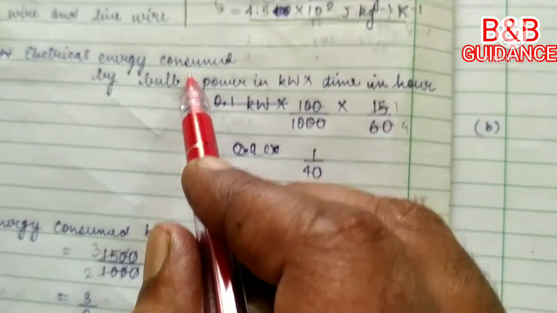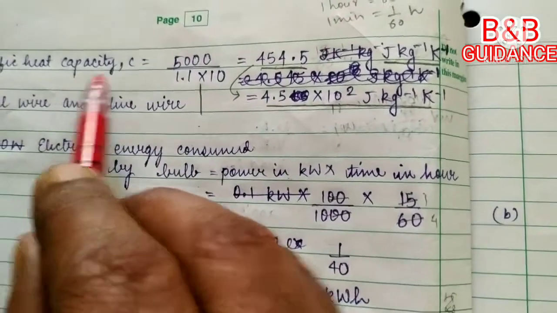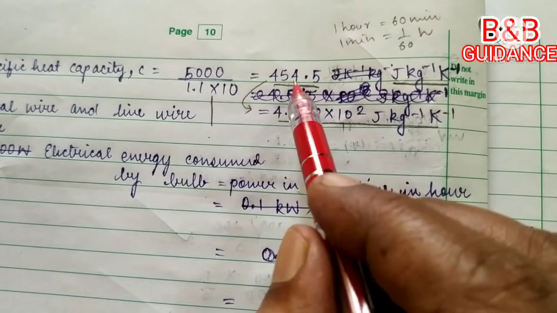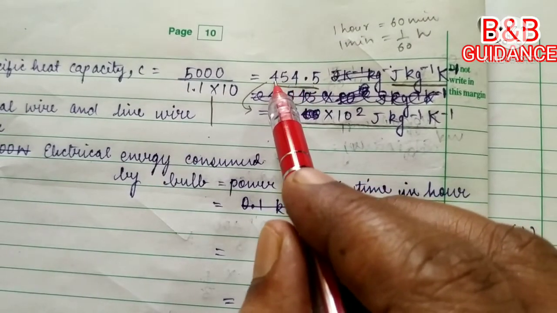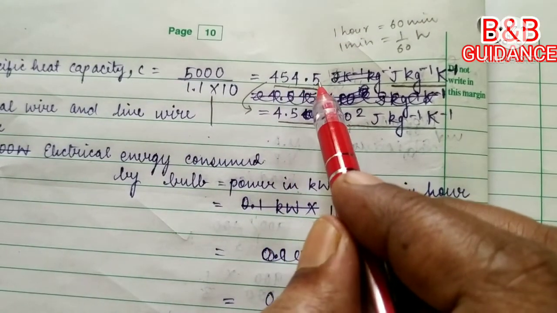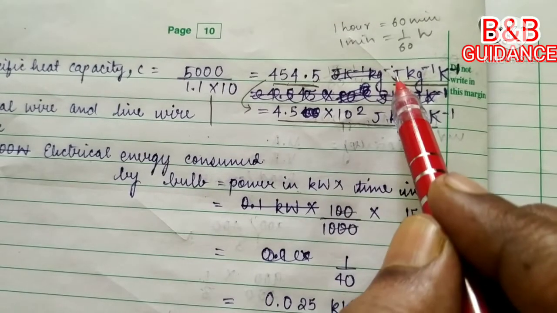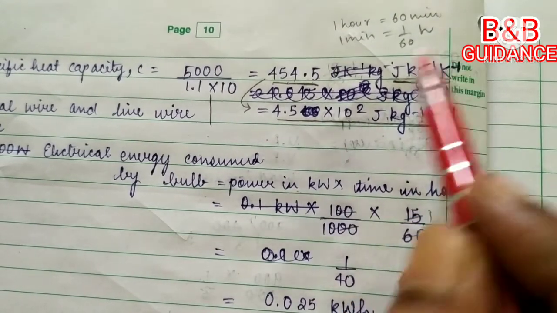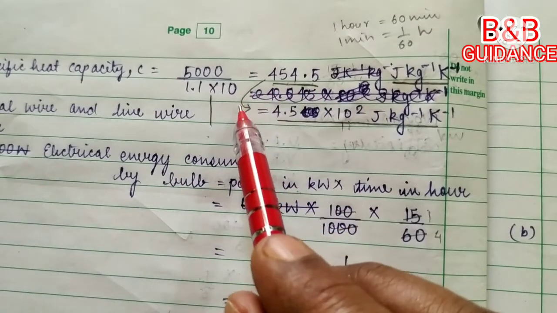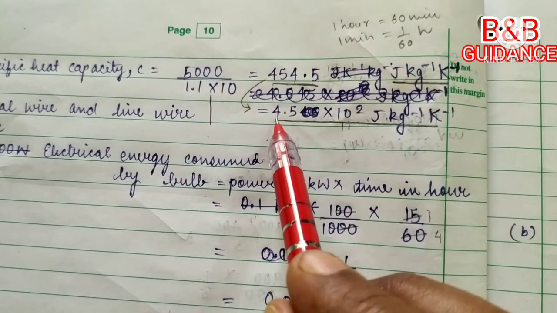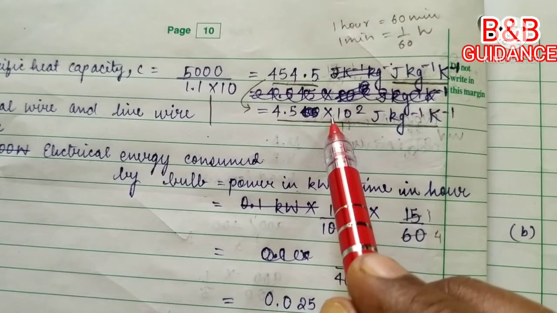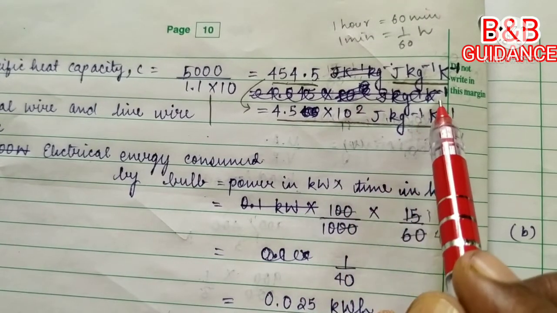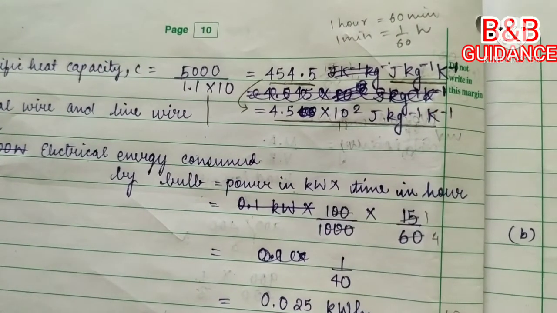Next is to calculate the specific heat capacity, and the child has calculated that, and the answer is 454.5 joule per kilogram per Kelvin, and it has been written correct to two significant figures, 4.5 into 10 squared joule per kilogram per Kelvin. Again,